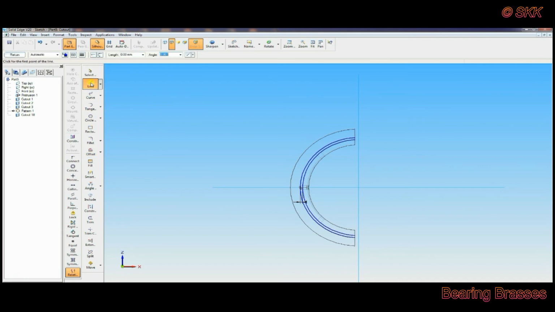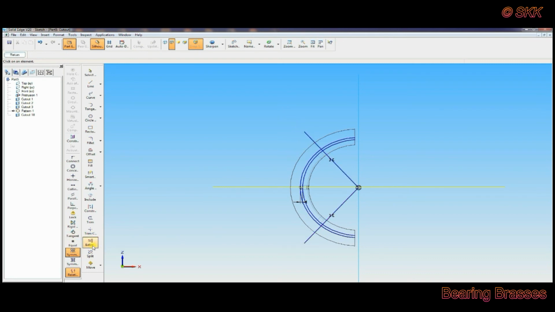Now go to line, from center, draw the inclined line like this, any angle like this. Like this you have to draw. Go to symmetric relationship, horizontal line to inclined lines like this.